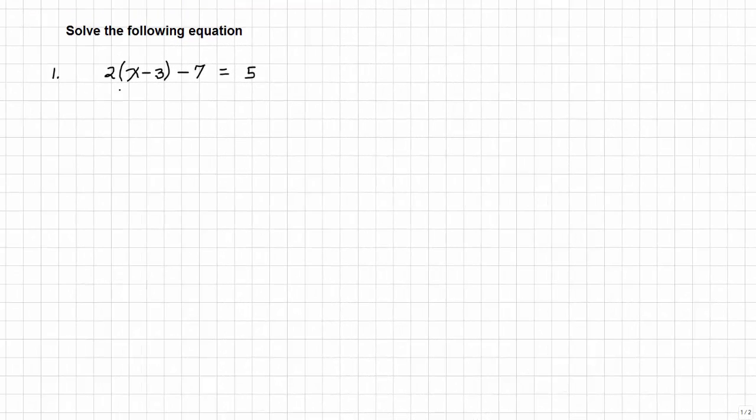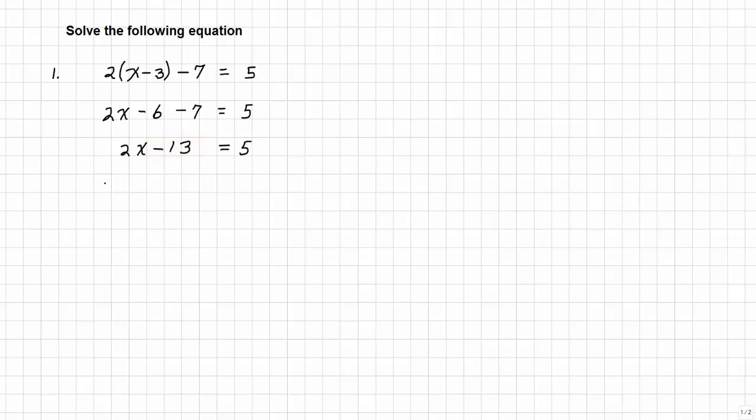To solve this original equation, the first thing you need to do is eliminate the brackets by expanding in the same way as I just showed you. So we end up with 2 times x, or 2x minus 2 times 3, which is 6. And then we just write down the negative 7 because the negative 7 is not inside the bracket, so we do not multiply it by the 2. Then we combine the negative 6 and the negative 7,